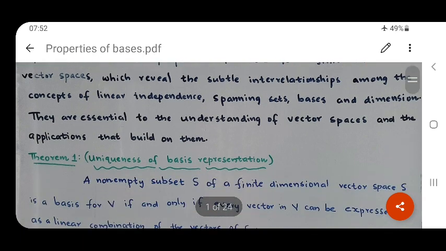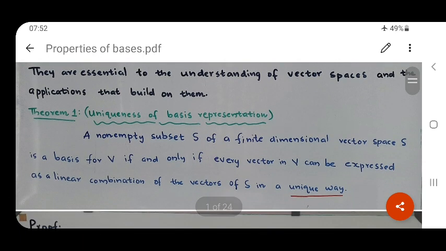Theorem 1. Uniqueness of basis representations. A non-empty subset S of a finite dimensional vector space V is a basis for V if and only if every vector in V can be expressed as a linear combination of the vectors of S in a unique way. So it says that